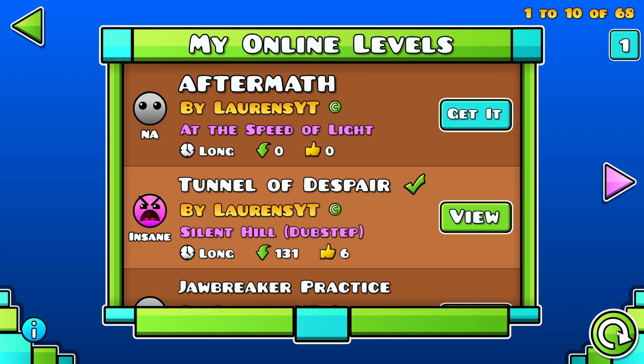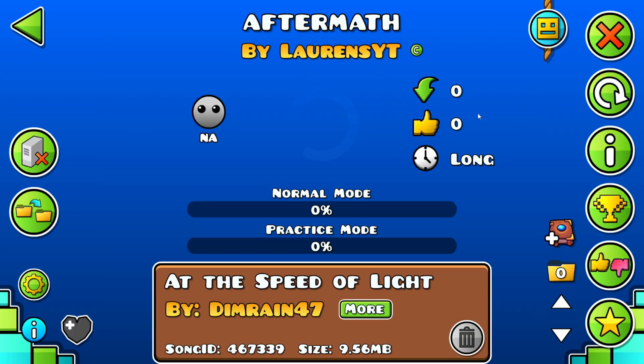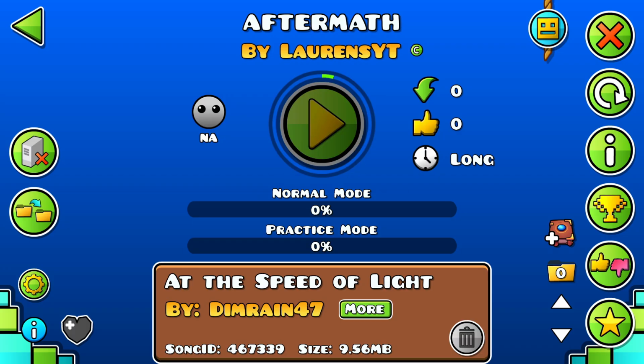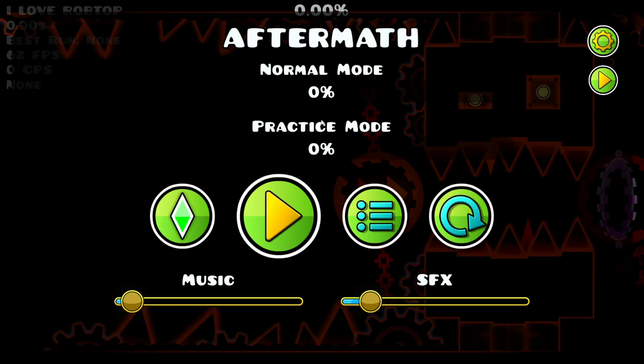And now if your level that you copy and pasted is not showing up, all you can do is just refresh. Just refresh once. And then after that, you're gonna press get it. And then what you're gonna do is hop onto the level. So now what you're gonna do is actually going to press this button,